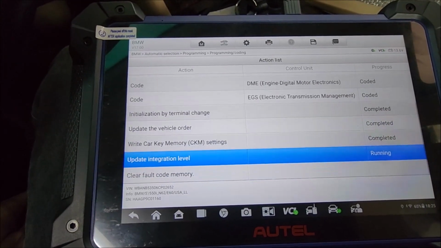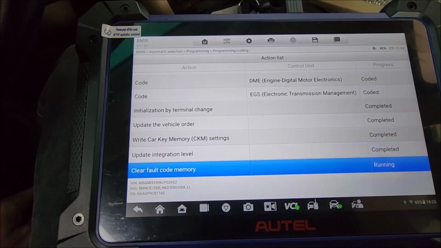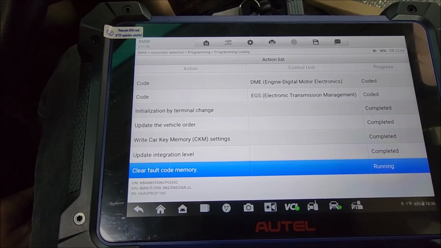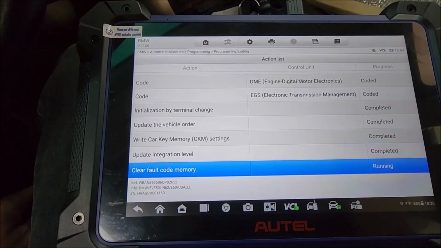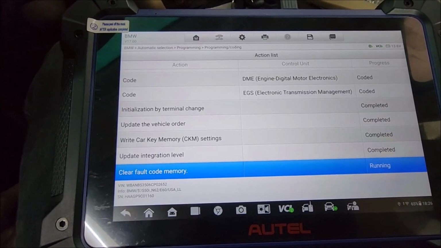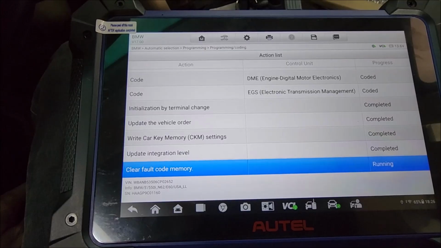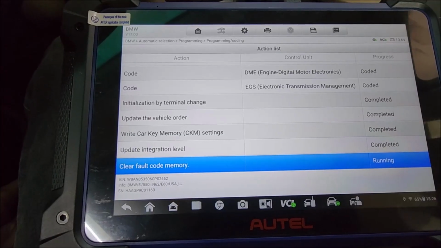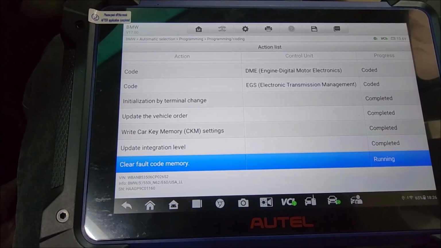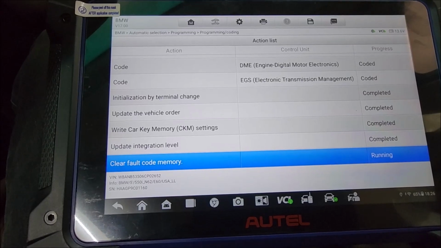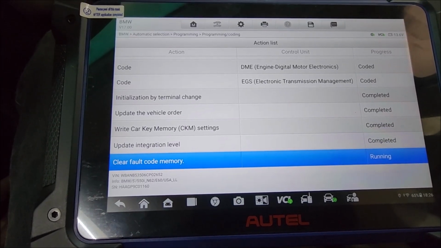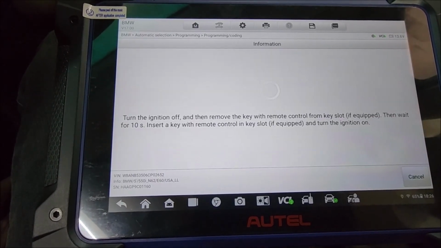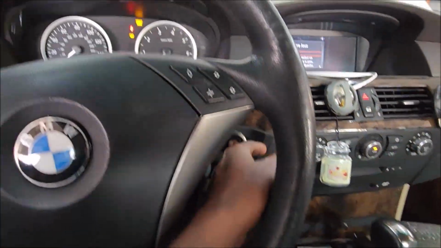Okay, so it's now updating the vehicle order and everything is now complete, and it's clearing the fault codes that are in the system. Okay, so now it wants us to turn the vehicle back off,